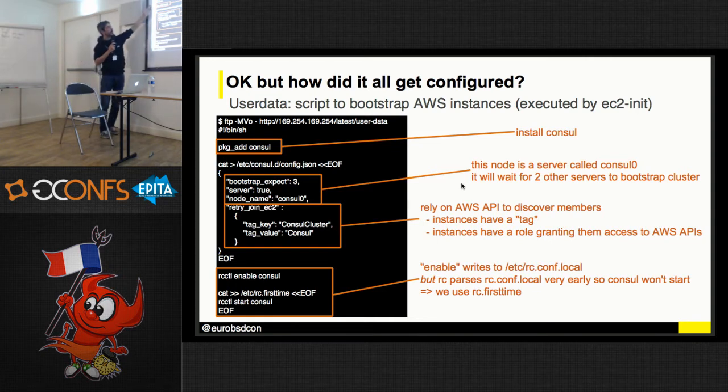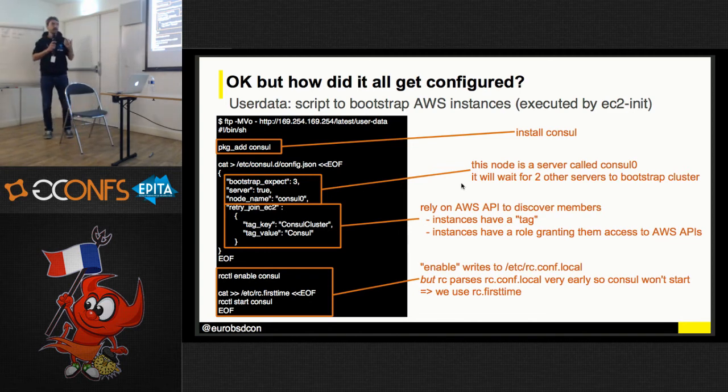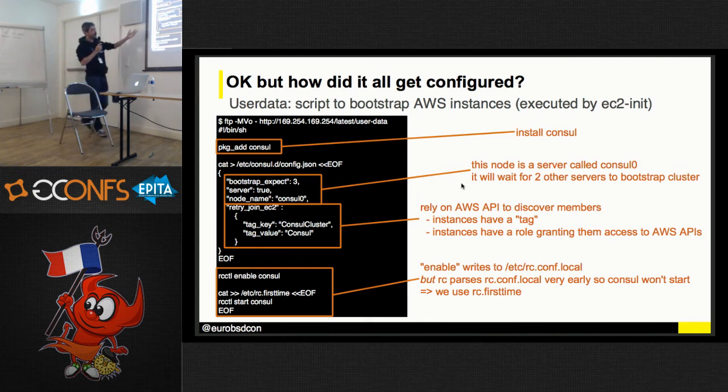So what I do is basically I install Consul, and then I do the Consul configuration. I'm not going to go into too much detail, but basically this part here is telling Consul that this is a server. Remember, there are two distinct node types in Consul, servers and clients. And this one, the bootstrap expect, is telling it: don't bootstrap any cluster while you don't have at least 3 members. Because if you don't have anything like this in there, when the server starts, it's going to start in standalone mode, and you wouldn't have any resiliency. In our case, we want some, so we tell Consul to start with 3 nodes at least.